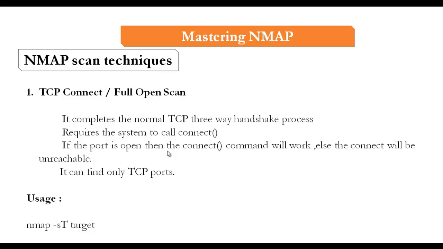If the port is open, the connect call will work, else it will be unreachable. This is how the TCP connect technique works. The disadvantage of this scan is that it can find only TCP ports but not UDP ports. And this is the default scan technique for